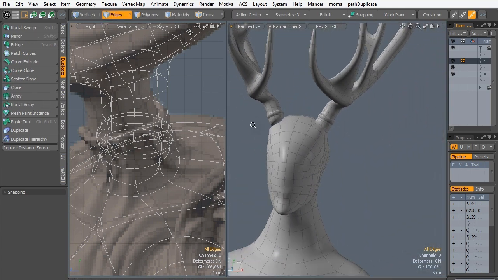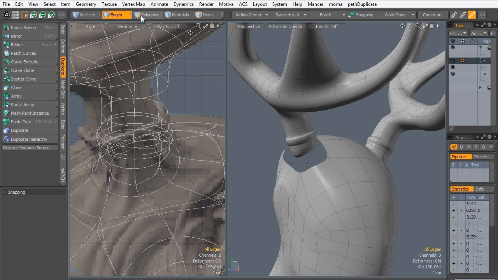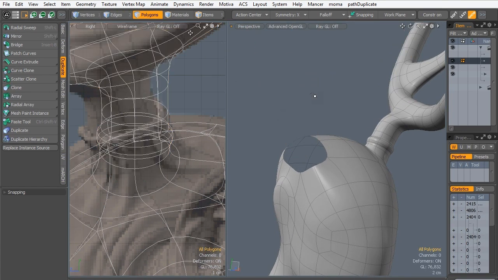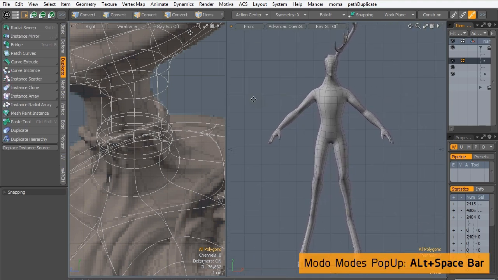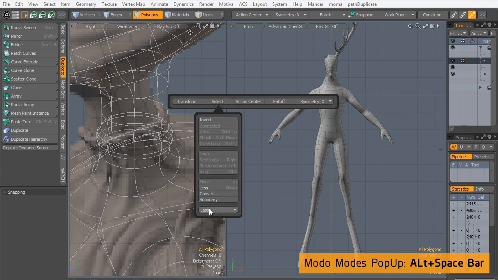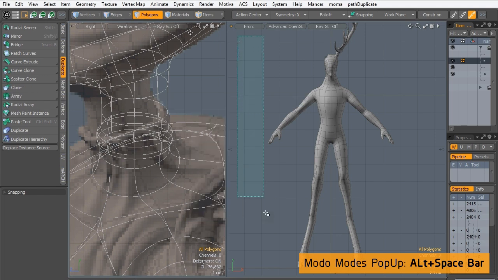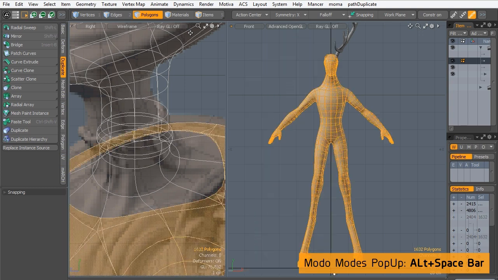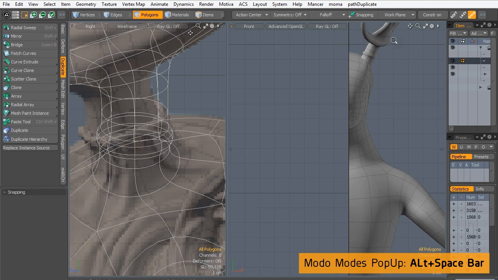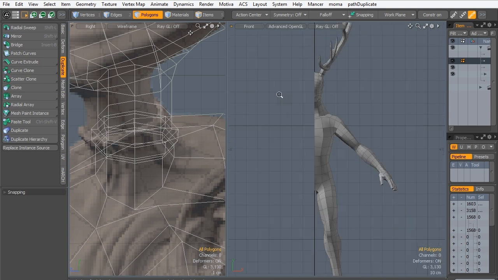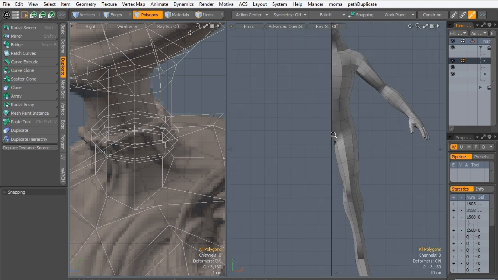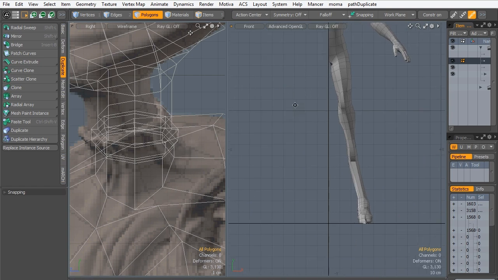So in polygon mode, double click on antlers and delete them. Now move away from the model, press Alt spacebar, go to select, choose lasso rectangle, and draw on the screen to select only half. Turn off symmetry, and now draw and select only half. Okay. This way we will mirror the whole body, and we will have this antlers merge with the head. Okay, so now activate mirror,